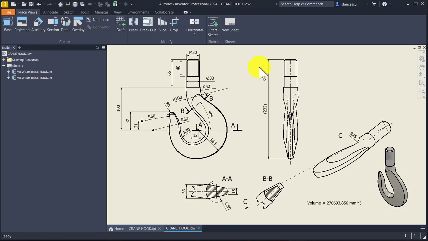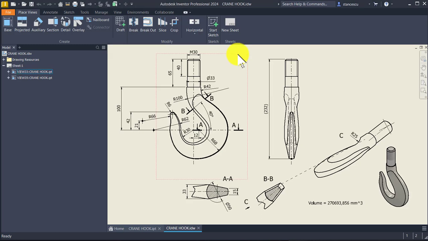Now let me draw the sketches and model the object, because I want you to use a suitable and correct procedure. We start by creating this contour outside,